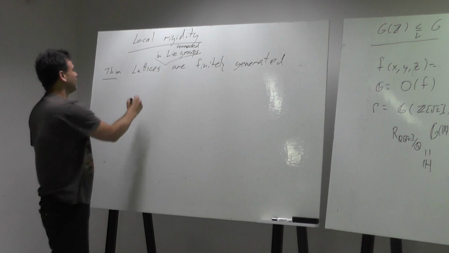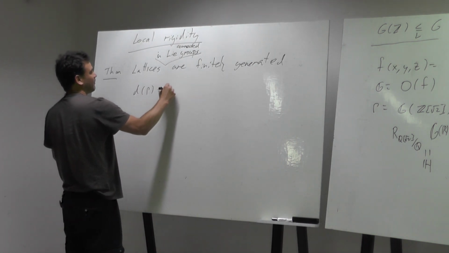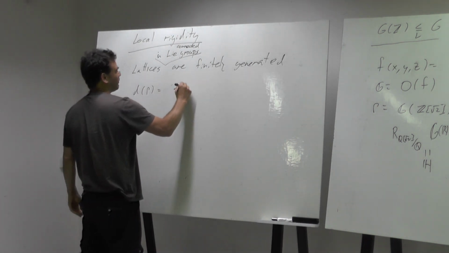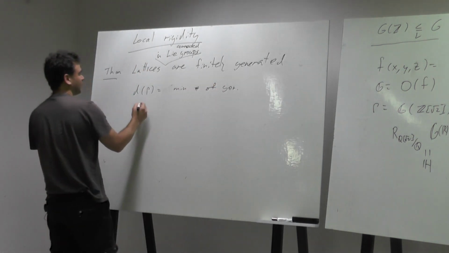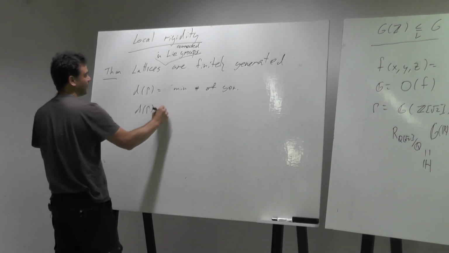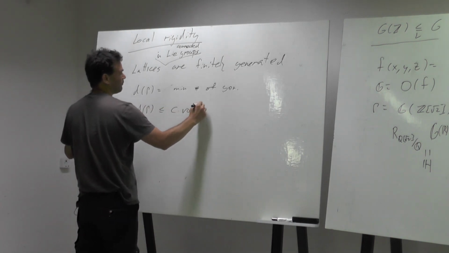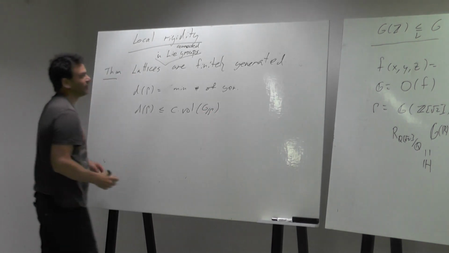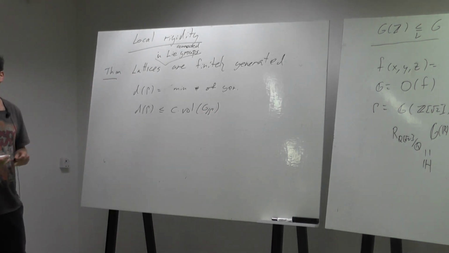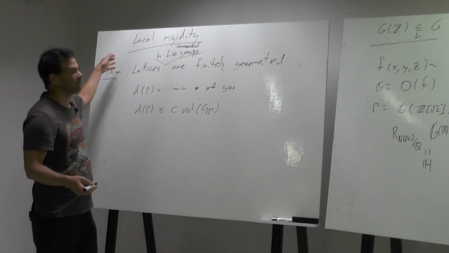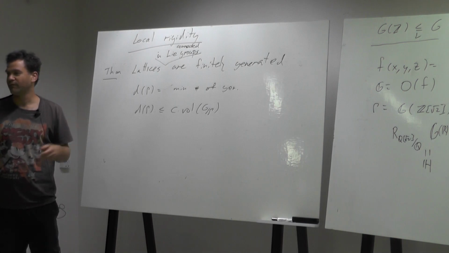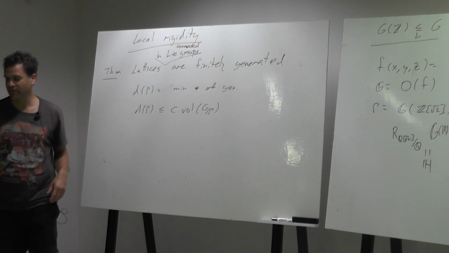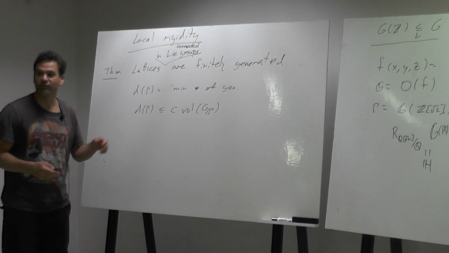To be more precise, if d(gamma) is the minimal number of generators, then you can show that d(gamma) is bounded by a constant times the volume of G mod gamma in semisimple Lie groups. It's true in greater generality that if G is a compactly generated locally compact group, then any co-compact lattice is finitely generated. This is easy. It's not true that every non-uniform lattice is.